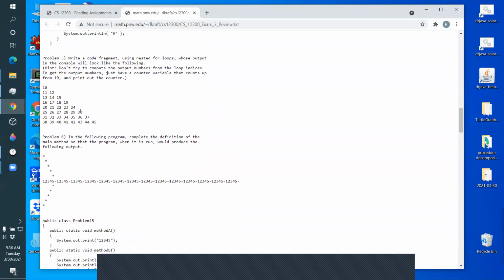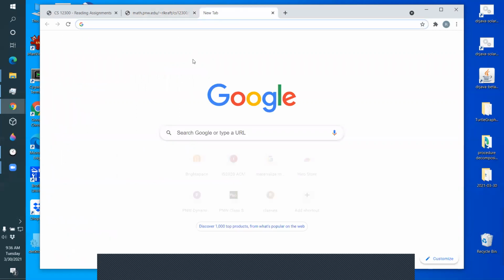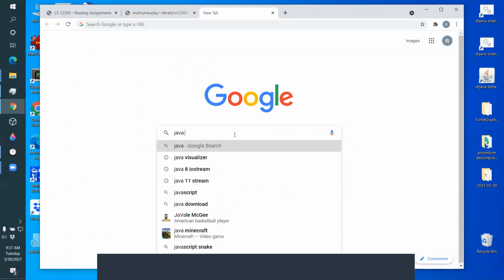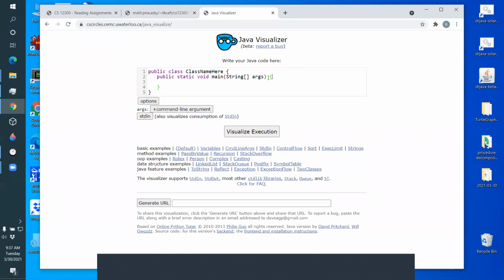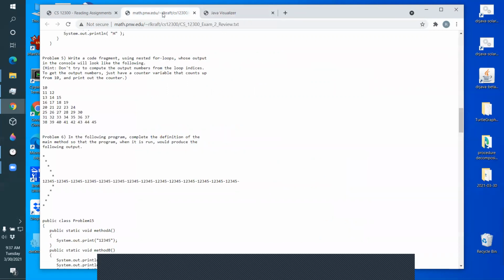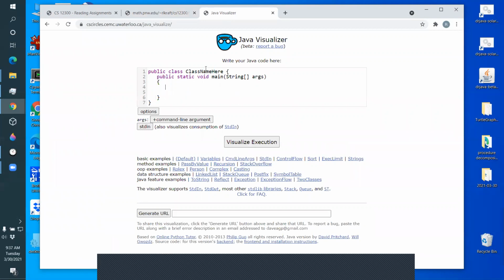Okay, so it's a pretty typical nested for loop problem. We have a row of size 1, a row of size 2, a row of size 3. So let me open up the Java visualizer so we can write the code there. To get a shape like that, you need nested for loops. One loop is going to pick the row. So I need an outer loop, for int i equal 1, i less than or equal to,